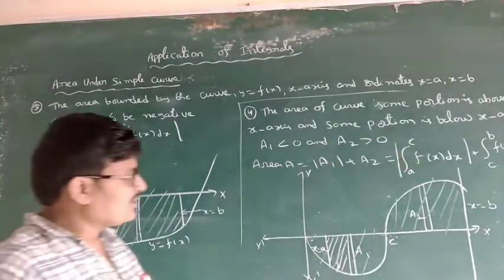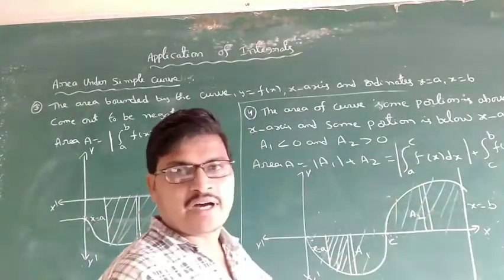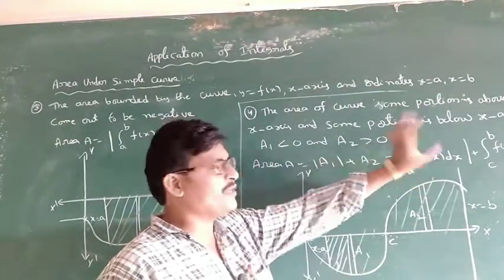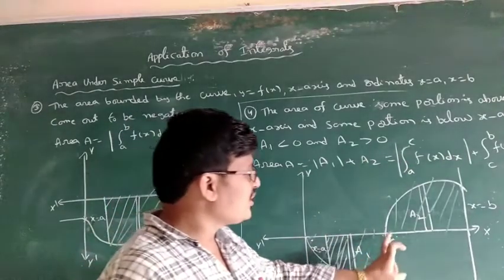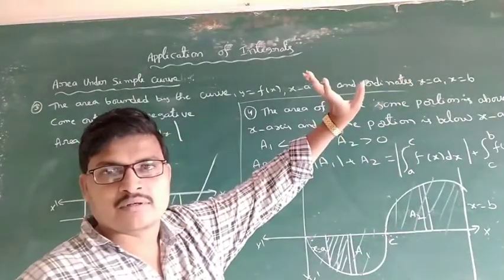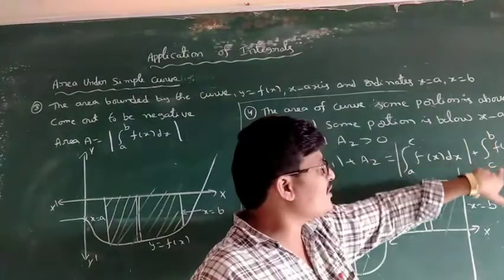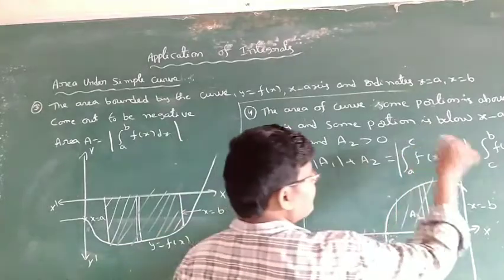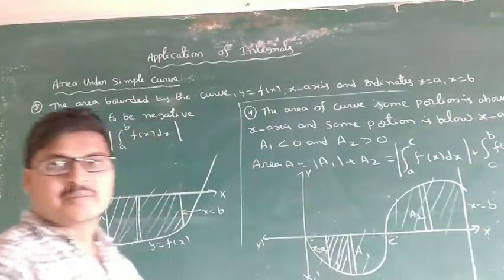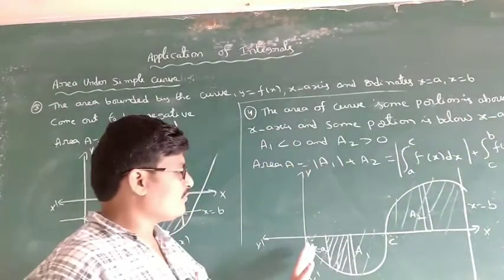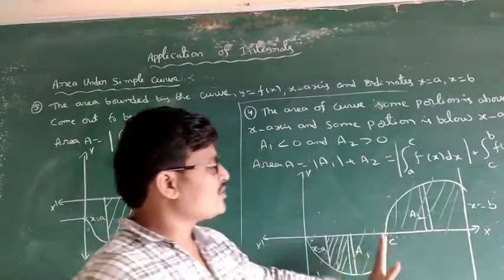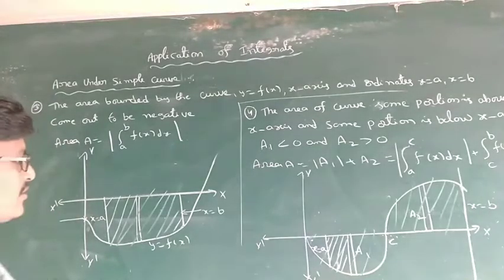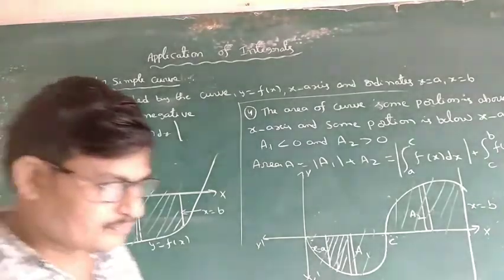Okay, so here there are two types of area, below and above. What is below? A to C, so the first limit is A to C. Next, C to B is up. Above means C to B, below means A to C. So the limits must be changed, it is compulsory. For below, which one is starting and ending, and for above, starting and ending. This is the important one. Okay? So this is the area.